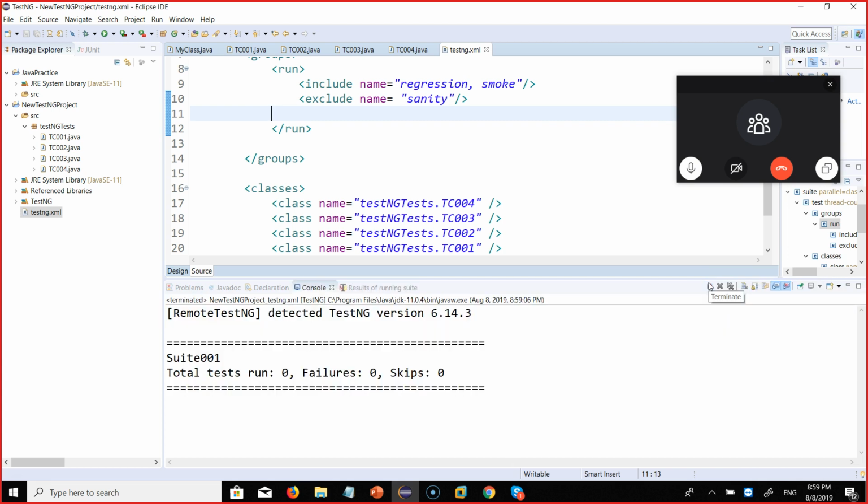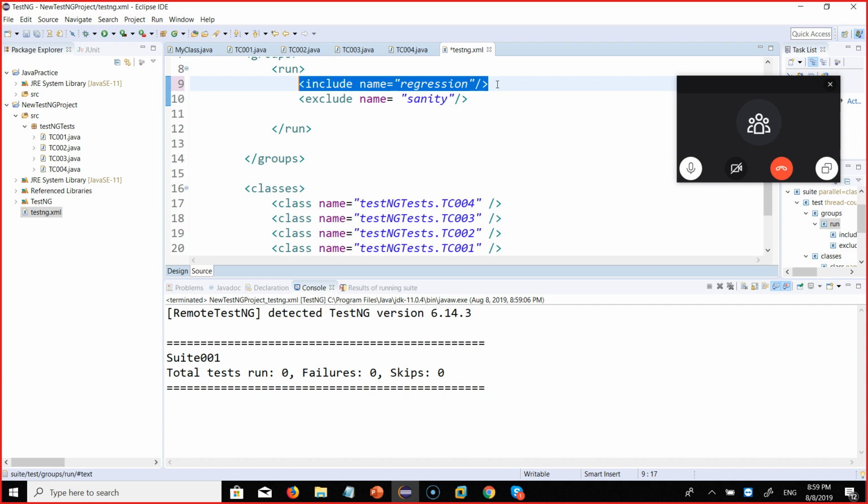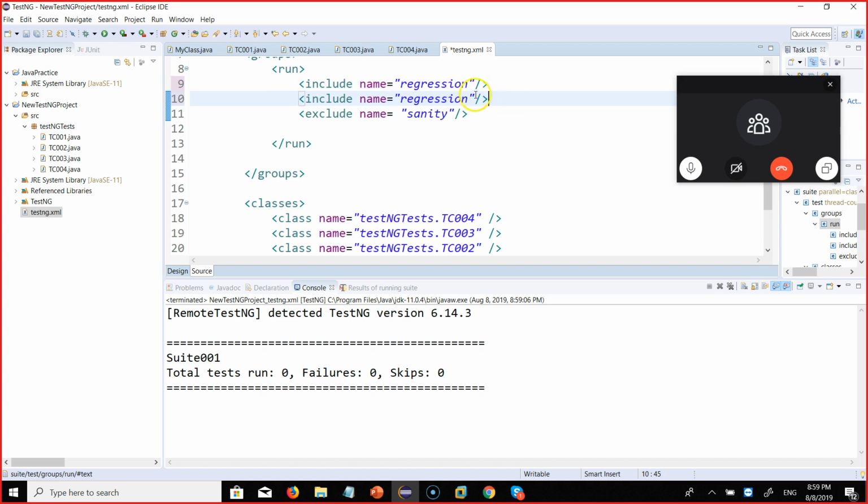So now the total test run is 0. Why? What was the question? Why is it showing total test run 0? Because this is not supporting. Okay, so what I can do, let's try another way. I can say in this is